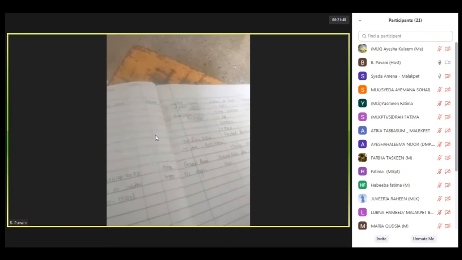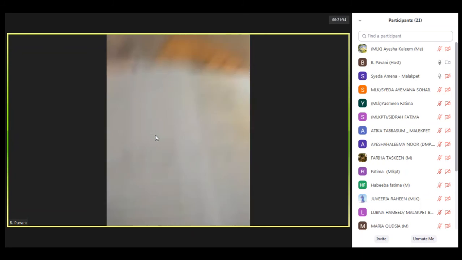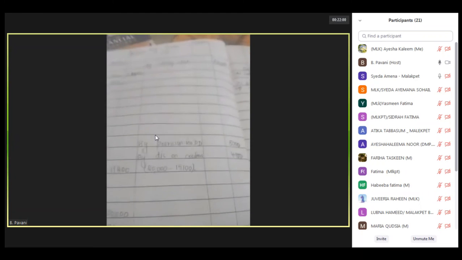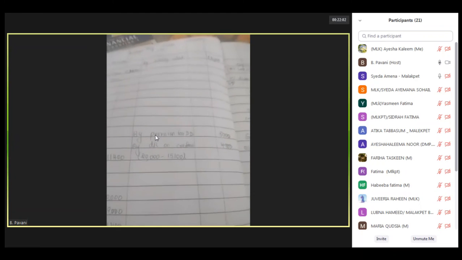See here they have given that provision for bad debts is to be reduced to rupees 3,500. It means that in the previous year the provision for bad debts was 5,000. Now it has decreased to 3,500. Previous 5,000, now present is 3,500. That's why on the debit side of profit and loss account I have taken to provision for bad debts 3,500, and the old one I have taken under the P&L account credit side. And the new one I am subtracting from the debtors, right?